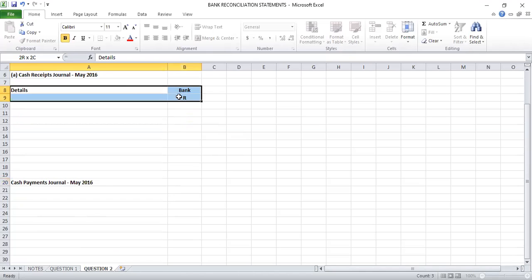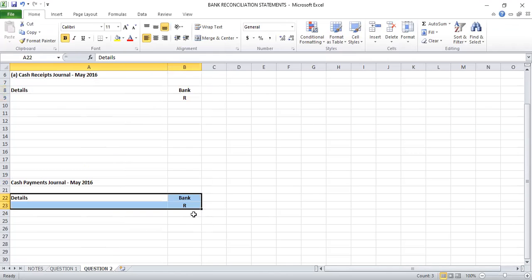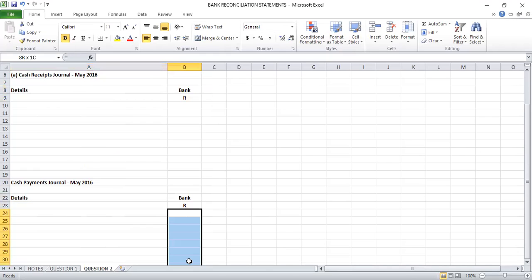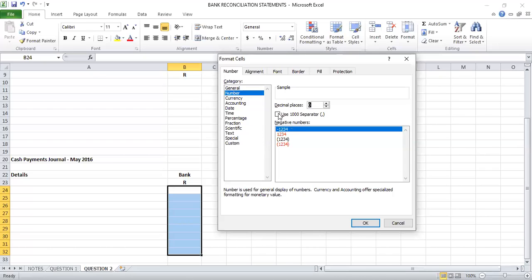Again, would need the details in the bank. Right. Then on part B,